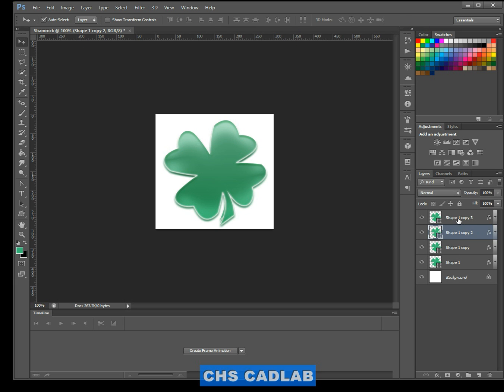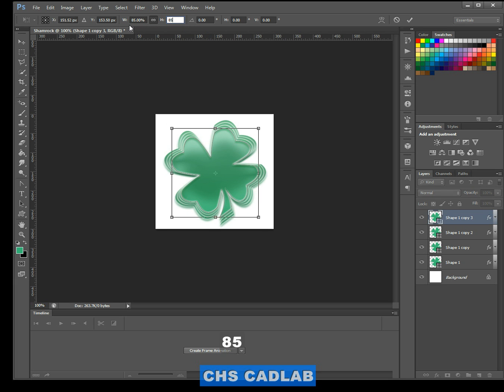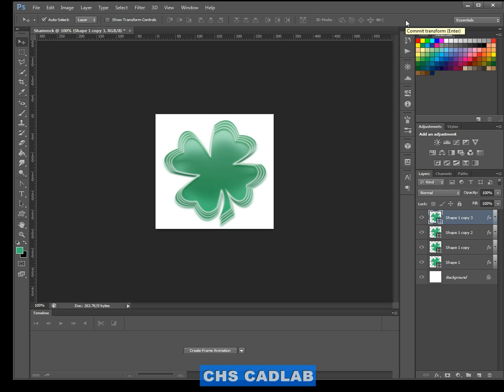Okay. And then finally I want to select that last Shamrock shape, layer 3, and I want to change that. Again, Control T, and again lock the shapes together by height and width, and change from 100% to 85%. And again, it should be locked together, and so the width and height are the same, it's proportional, and I can click the accept button. Now you notice that I've got, looks like 4 different layers here. They're one right on top of the other,